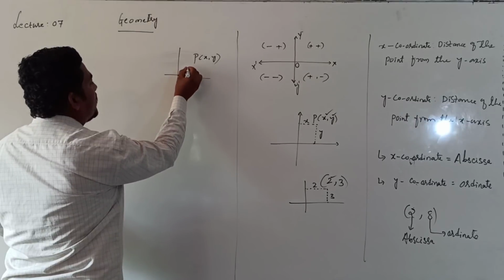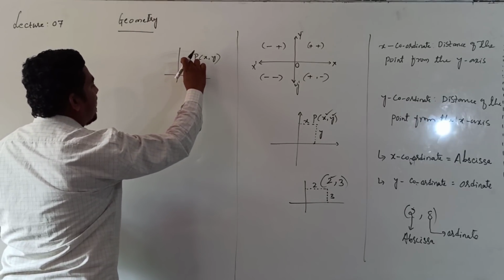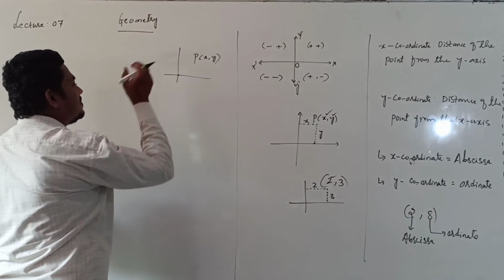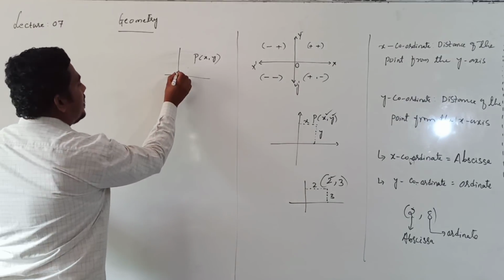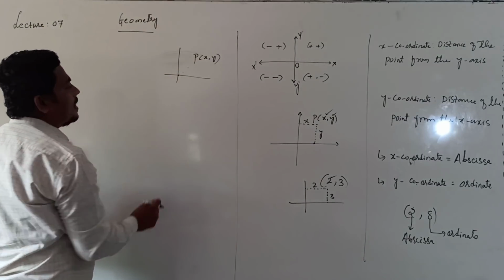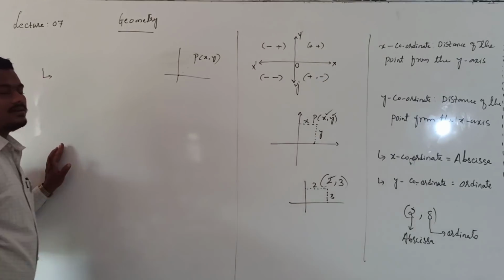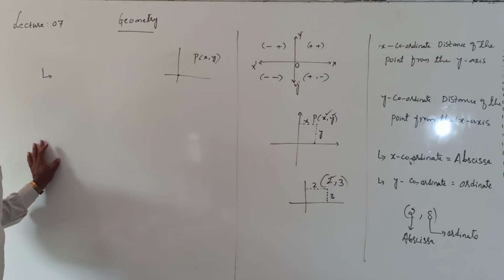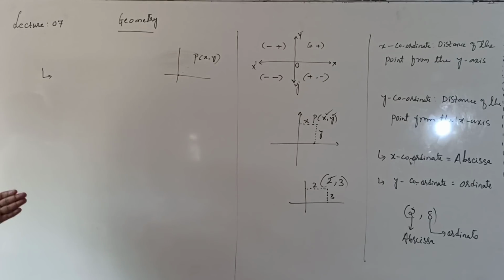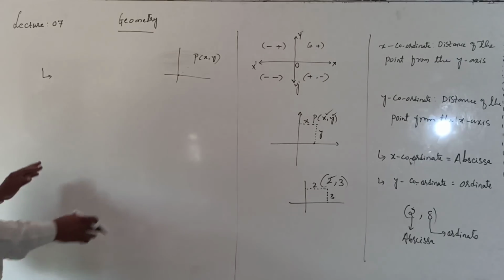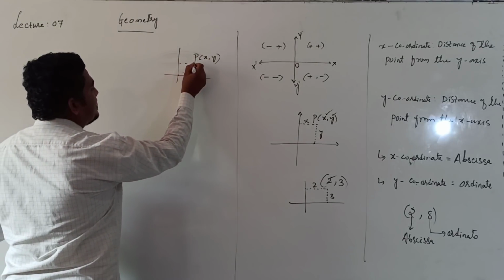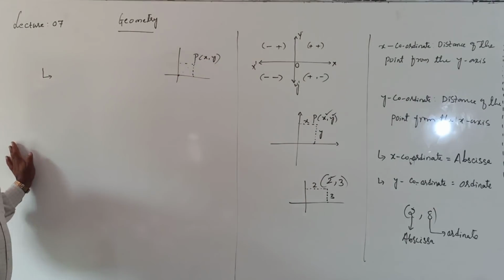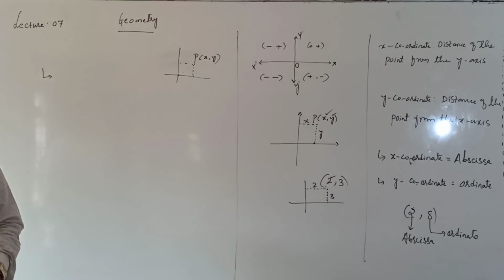If you take this point here, the height is reduced as well as the horizontal distance. If you take point P here, again the vertical distance as well as the horizontal distance is reduced. If you take this point on the origin, then clearly the x coordinate as well as the y coordinate becomes 0.